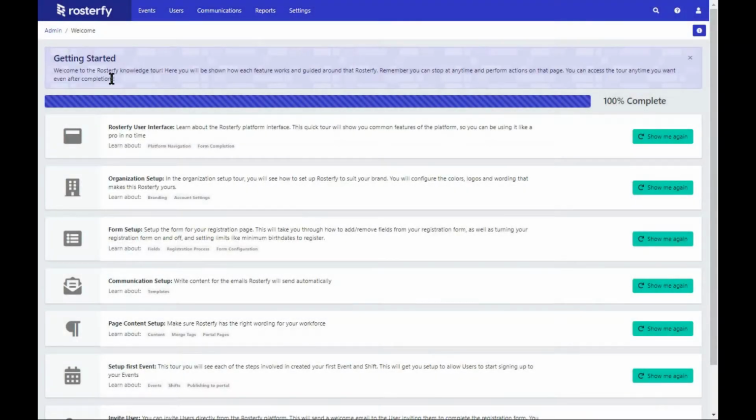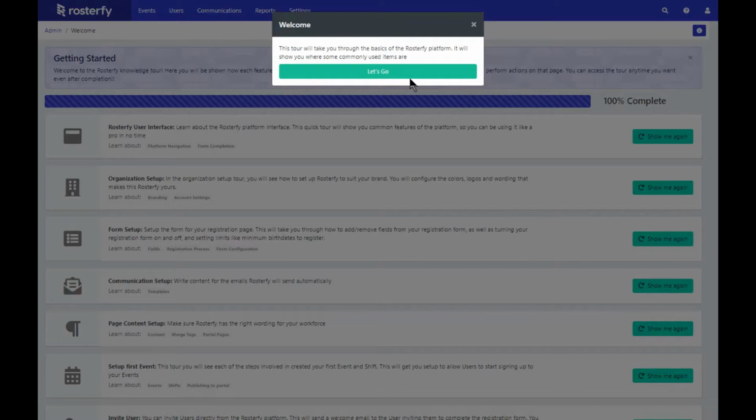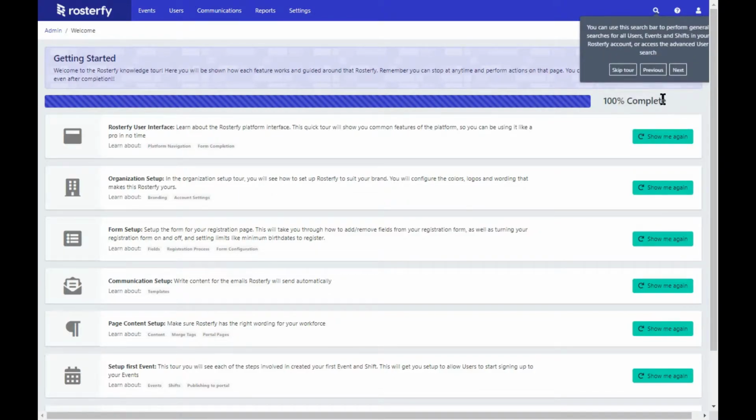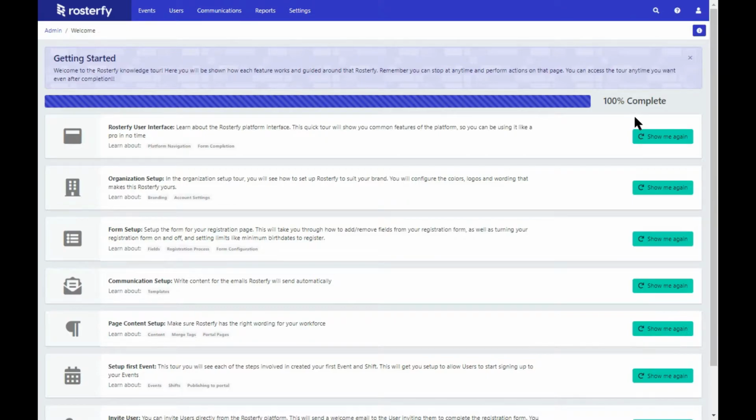The first screen you will come to is the Welcome Wizard. Here you'll be taken on a guided tour through the actual platform. You'll be able to click on the button so that you can begin to take part in the modules. This will help you to set up your account and get started on each one of the different modules. There will be instructions provided throughout, but at any time you like, you can skip the tour. But just because you skip the tour, it doesn't mean that you can't come back to it later. At any point in time, you can come back to this screen and then you can begin the tour again.